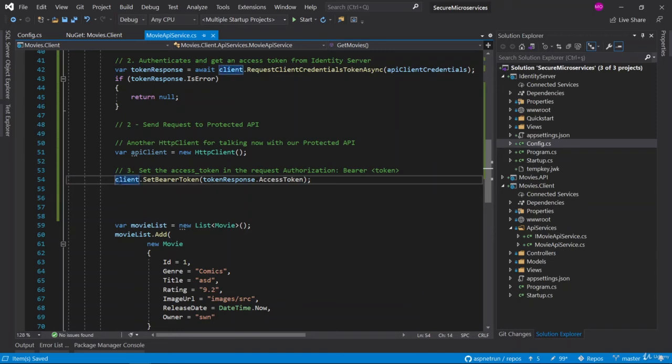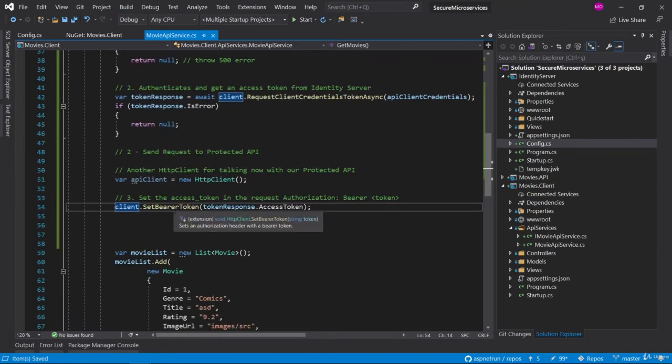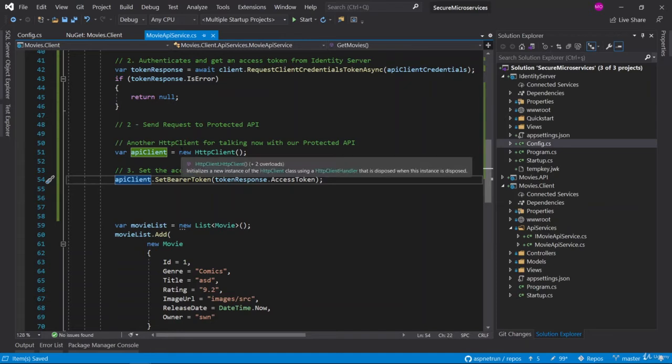We have a client, and this client will call set bearer token, right? We set the bearer token with the access token we have from this one. And of course, this should be the API client, because this time we are going to consume from the protected API. So we create a new HTTP client, and this HTTP client header should have the bearer token, which we got from Identity Server 4.